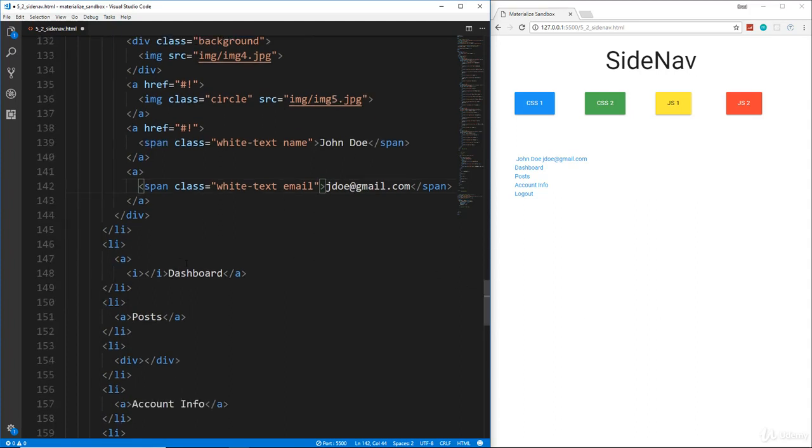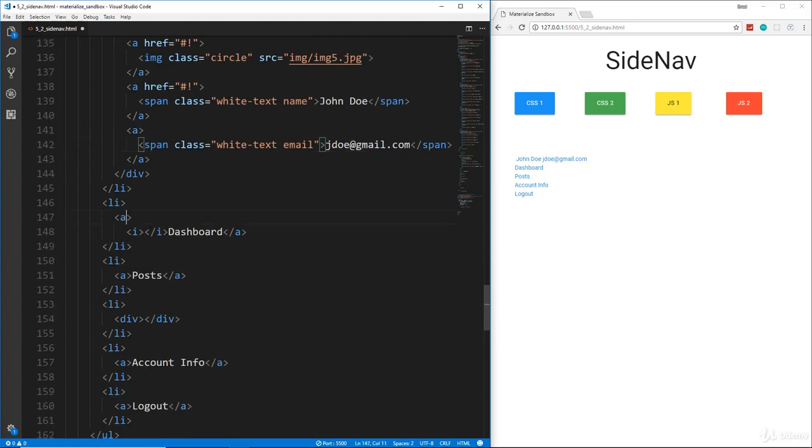So for the dashboard, again, this will just go nowhere. These links aren't going to actually work. And then for the icon, we'll add our material-icons class, and there's actually an icon called dashboard. We'll use that. And then let's see, posts,